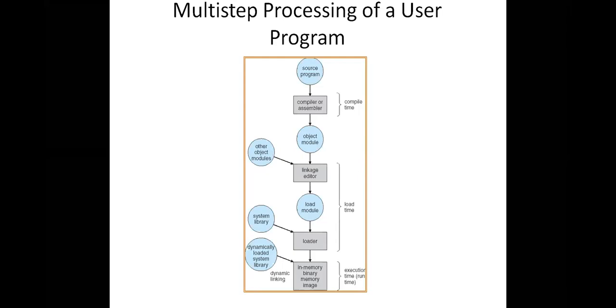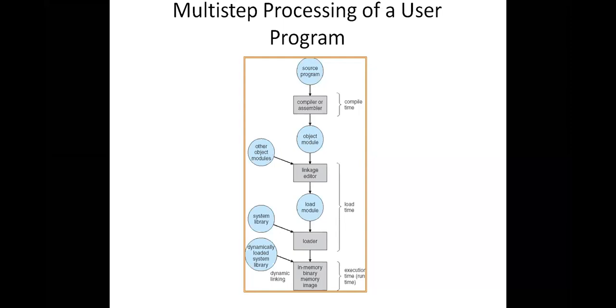Once the memory is allocated to the process, the process needs to be compiled by the compiler, for error checking and all. After the compilation, the object modules are generated, and if a program requires some other libraries, those other modules are added by the linkage editor. Do you get my point or not? So after compilation, what will we get? We'll get the object file, the .o extension file.